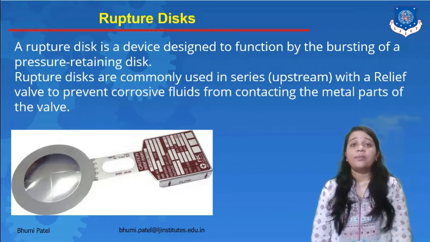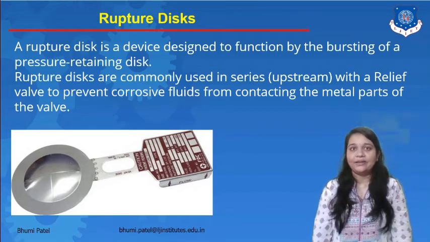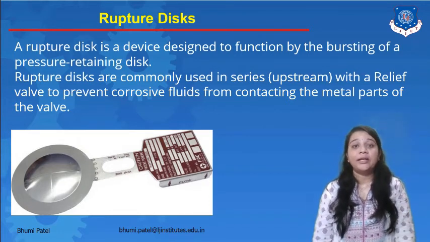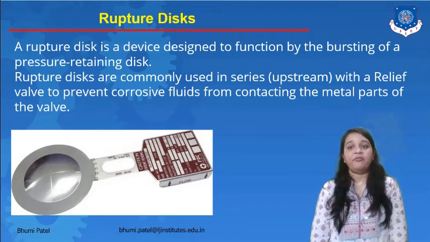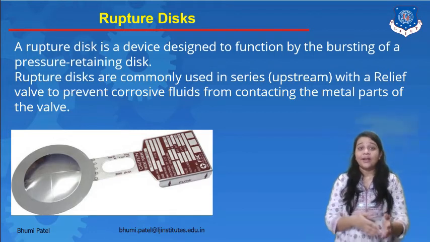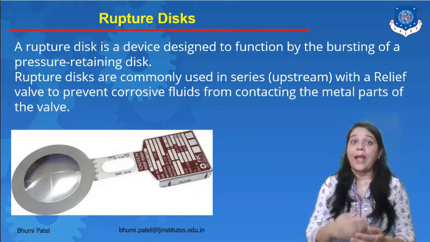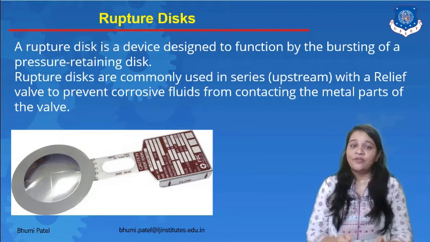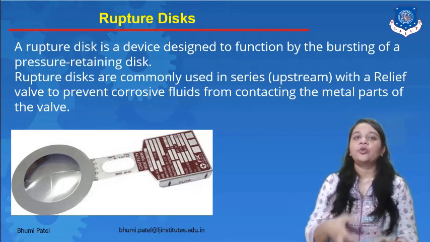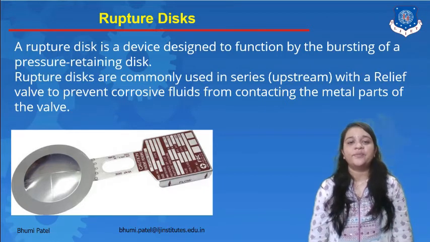Now the second type is the secondary relief rupture disc. Whenever we use a secondary relief capacity rupture disc, the rupture disc provides a backup vent to the primary relief device, usually a relief valve. It is proposed to provide additional protection against the unlikely but possible major event that will exceed the capacity of the primary relief device. So whenever the primary relief device is not capable of handling the pressure in the control valve, we can use a secondary relief rupture disc.